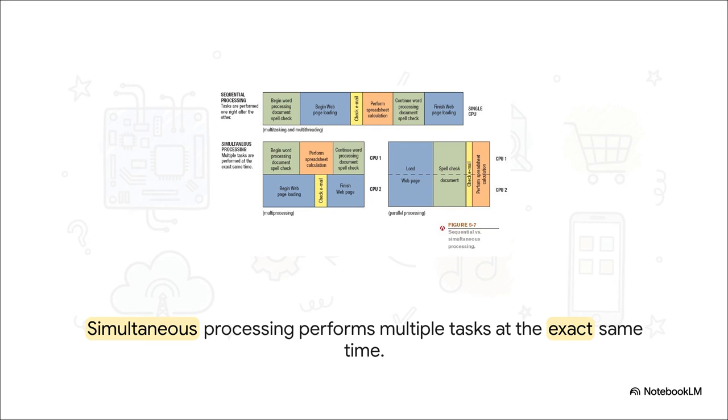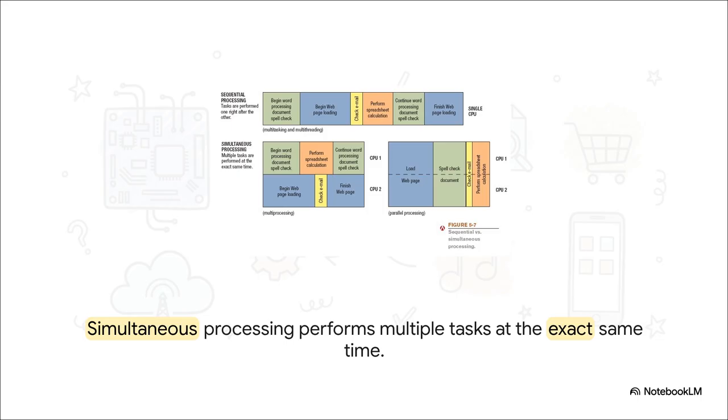Look at the top here. That's one CPU, just multitasking. It's fast, but it's still one thing after another. Now look at the bottom. With two CPUs, or cores as we usually call them, one can be loading that web page while the other is simultaneously spell-checking your document. This is true parallel processing, and it's why modern computers feel so incredibly snappy, especially for intense stuff like gaming